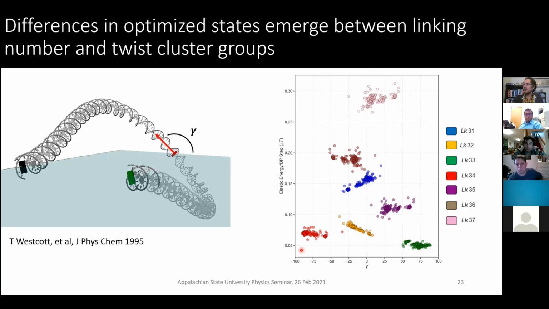If we look here at our lower energy clusters, the cluster in red, the cluster in gold, and then the cluster in green, the cluster in green is our lowest energy state. But what's interesting is that it represents linking number 33. For the size of DNA that we're working with, a more relaxed or more open configuration should have a linking number of 34. So our analysis shows that optimized states tend to like a configuration of a linking number